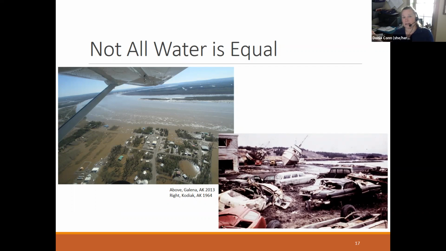Depending on what it is, it could be salt water. So whenever you're in a flood situation, like we see in the image on this slide at the upper left, which is the flooding in Galena, Alaska in 2013, or when we come back to Kodiak in 1964 in the lower left here,